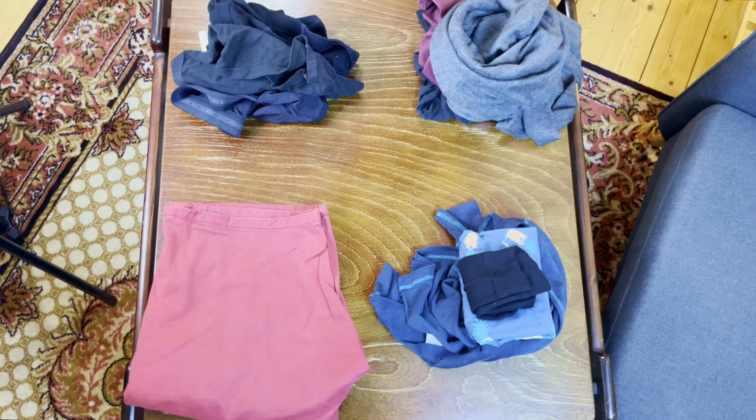Same thing goes for sentimental clothes. So I have some t-shirts with some cool logos that I'm like, this doesn't fit me, it's too old, but it holds some sentimental value to me, so I don't want to toss it out. So what I instead do is put it in the store pile, and I'm going to store it very inconveniently so that I don't have easy access to it. But since it is something sentimental to me and I maybe want to look at it sometimes every year or something, I will have it